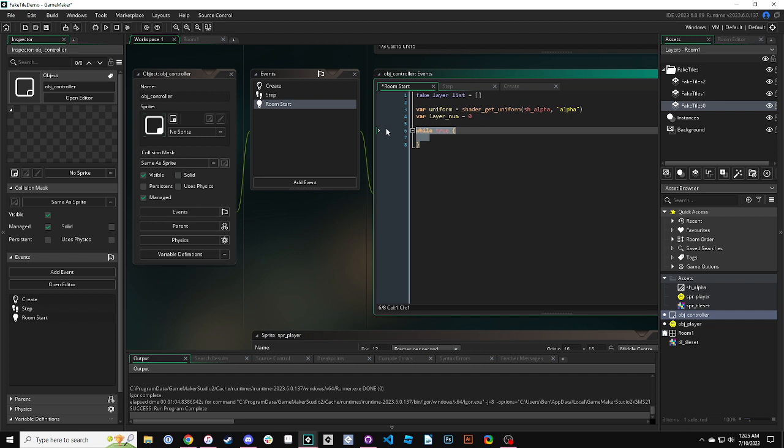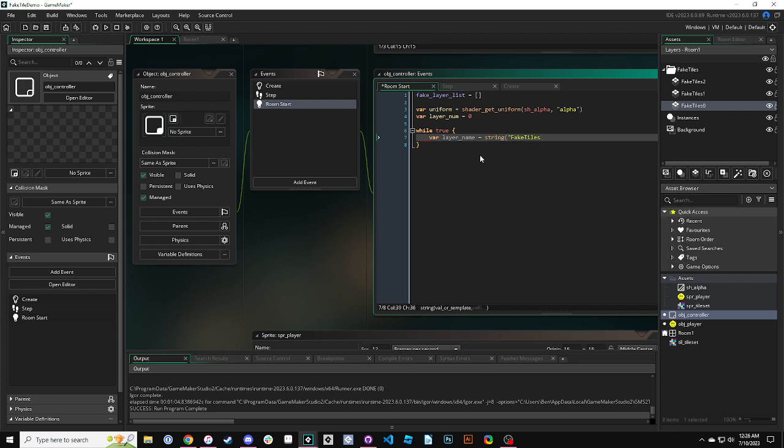I find that this is really useful to do a lot of the time if I don't necessarily know what the condition is going to be here, or if the condition is very, very conditional that needs to happen inside of the loop. I think this is fine personally. Other people might not. But first what we're going to do is get the layer ID from a name. We're going to use this layer num plus the consistent name of our layers to form the name. So the layer name is going to be